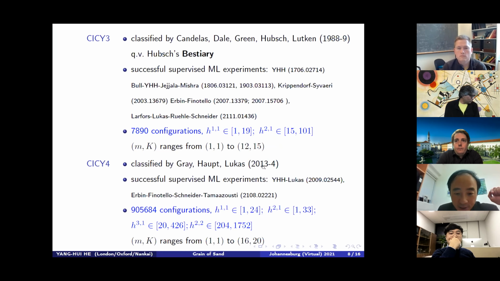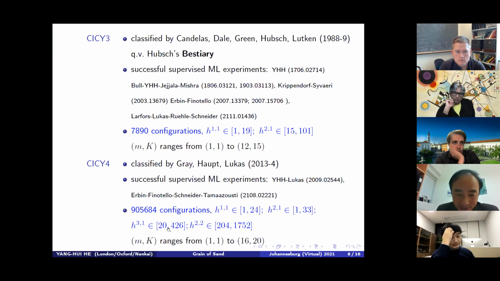And this one is a much larger data set. So this is the CICY4 data set. I mean, of course, if this goes on, you can do CICY5, CICY6. And again, the growth rate of this number will also be very interesting. This sequence should also be in the OEIS, and we have no idea what the next number is. But this gentleman classified this beautiful thing, and it comes to be a million. So this is a nice, sizable thing to play with. It's not like 10,000, nor is it as crazy as 500 million, but it's a nice playable size of about